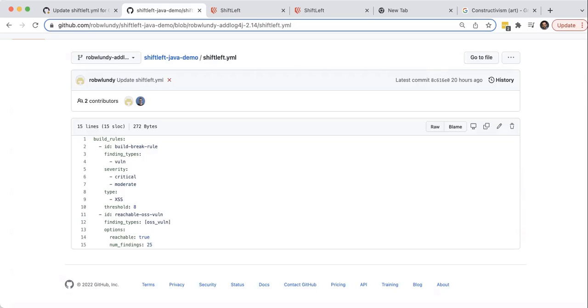Let's take a look at an example. In the ShiftLeft YAML file here, we see two rules. In our example, the user is particularly concerned about cross-site scripting. They already have security debt of 8 of these vulnerabilities and want to break the build if any more are added. The first rule looks at custom code vulnerabilities, those with severity of critical or moderate, and further filters by